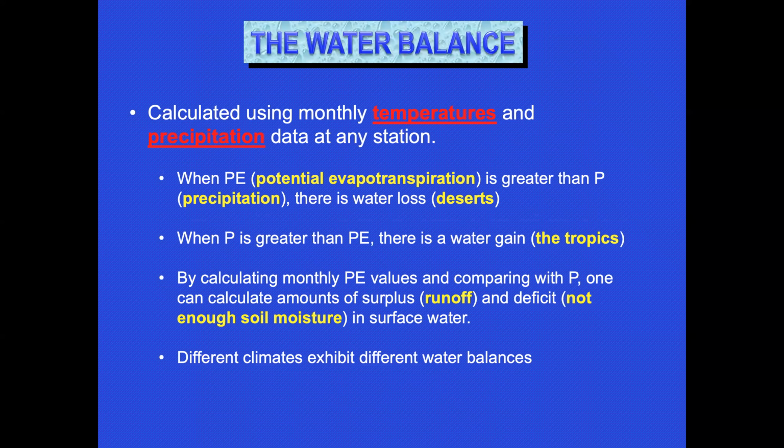Water balance. So your book talks about the idea of potential evapotranspiration. So if your potential evapotranspiration is greater than your precipitation, then you're going to lose water, right? So if your rainfall was 2 inches for a month, but you had so much evapotranspiration that it accounted for 3 inches of water that was evaporated, then you've lost water and you have a desert. When P, precipitation, is greater than potential evapotranspiration, there is a water gain. So think about the jungles of the tropics, okay? So it really depends on which climate you're talking about